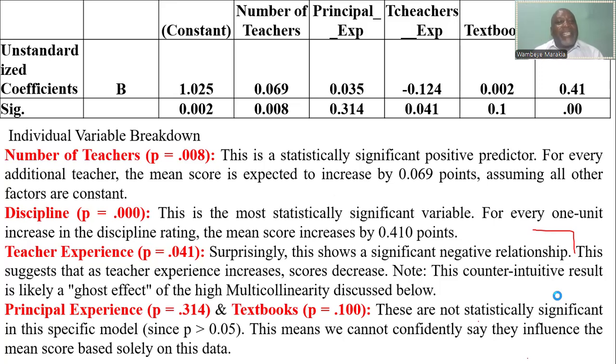And the second one, discipline, we also reject the null hypothesis. And when you reject, now we have to accept the alternative hypothesis. The alternative one is saying there is a significant relationship between the number of teachers in the school and the performance. Then this one will say that there is that relationship between teachers on duty and the results. And also on discipline, if we reject the null hypothesis,